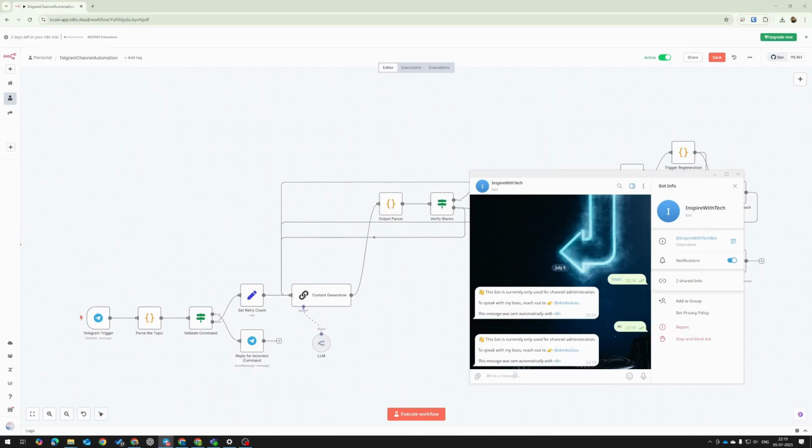As you can immediately see, it says this bot is currently used only for channel administration, because that is the reply that I have configured. So it doesn't respond to any message, it only responds to specific commands. So now I'm going to use the command which I have configured it with, which is prompt. So if I say prompt and I say AI in healthcare,